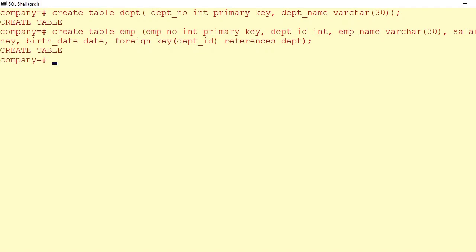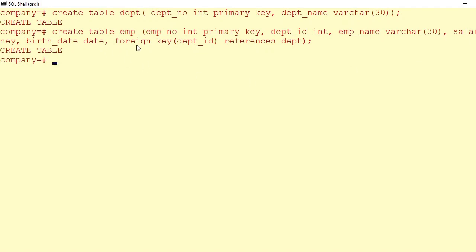Now let us understand one more important point related to foreign key constraint implementation. Here consider the same example again, department to employee relationship. So department number is a primary key field of department table, which is the parent table, and department ID is a foreign key of employee table, and department ID is referencing the department number field, which is the primary key field of department table. Now how to have the relationship between these two?